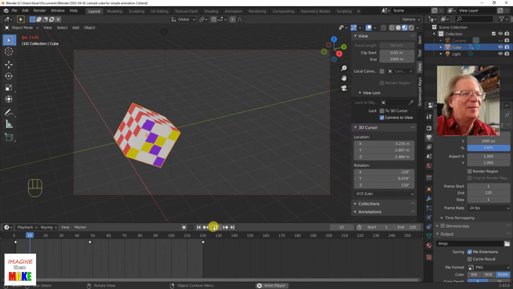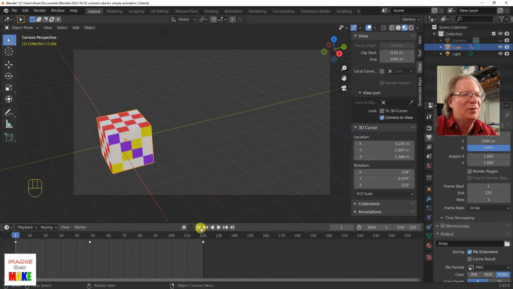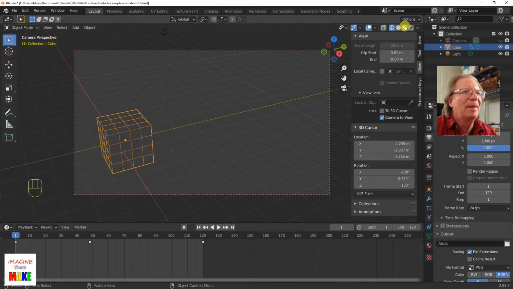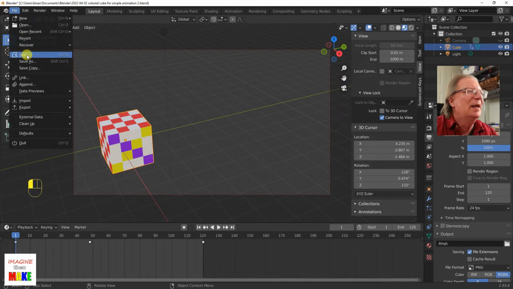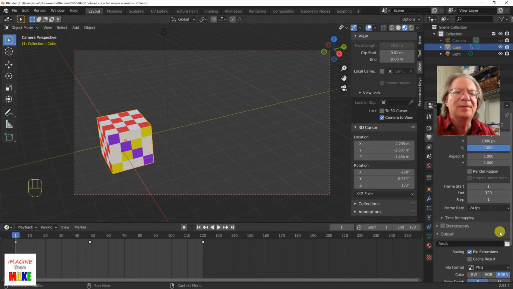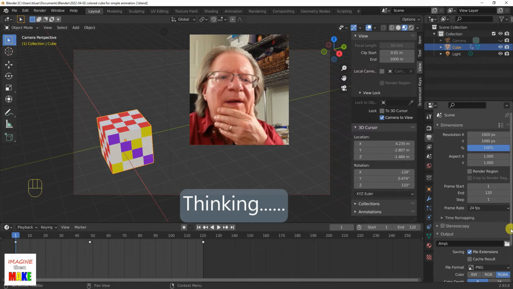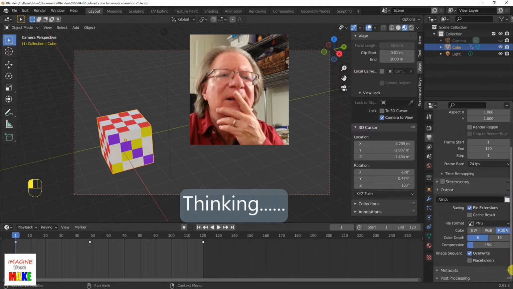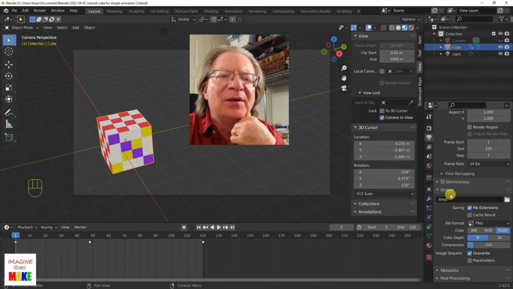All right. So that's what I was going for. Something pretty simple. Let me switch back. Well, let's stay in material preview mode. And we're going to hit save. And now when we look at our render settings, okay, so when we render this,